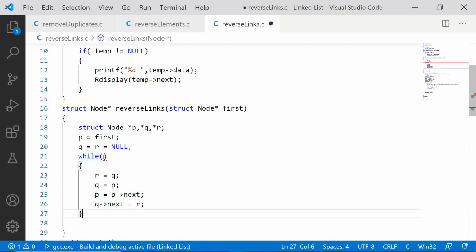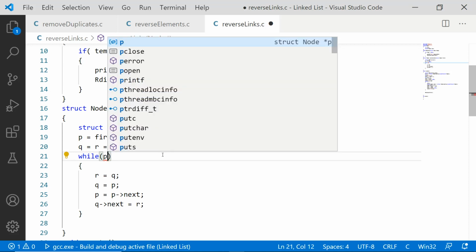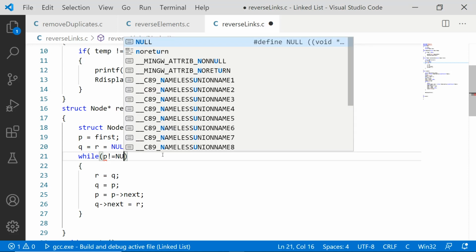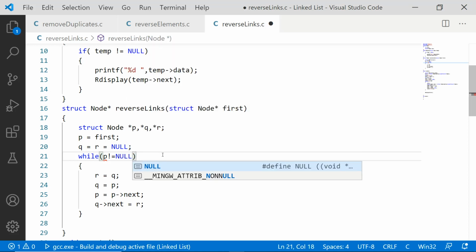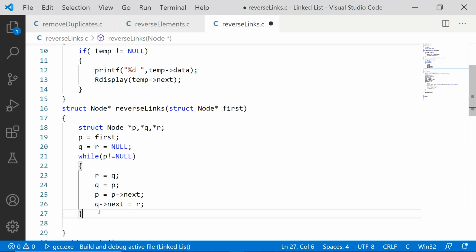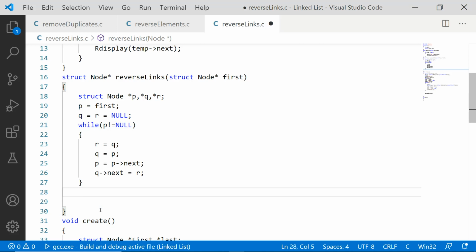And this loop should run until p is not equal to null. If p becomes equal to null, then you have to stop the process. But if p is not equal to null, you can just keep going. Okay, fine. After coming out of this while loop,